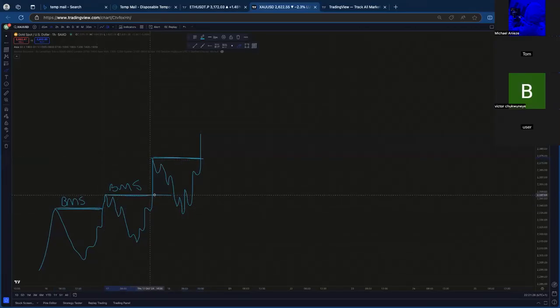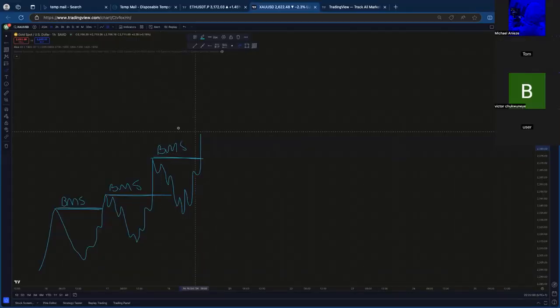This is what we call what? Your BMS. And someone might have a question. Is it body break or weak break? It is good to see a body break. In fact, most of the times, look out for a body break. Do you understand? Most of the times, every time, look out for a body break, right? So this is your BMS, breaking what? Market structure,